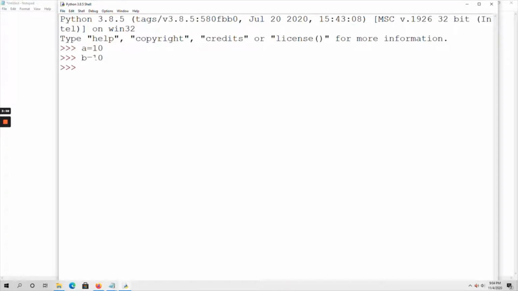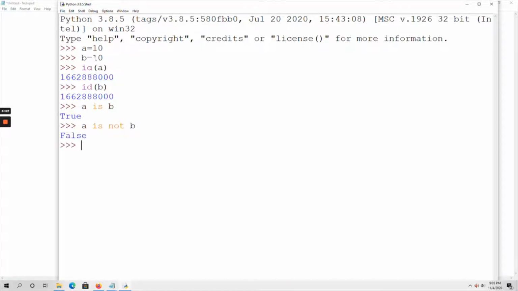I want to check the ID of A, the address of A, and also the address of B. Both objects have the same address. So then, A is B will return true, right? A is not B should return false.